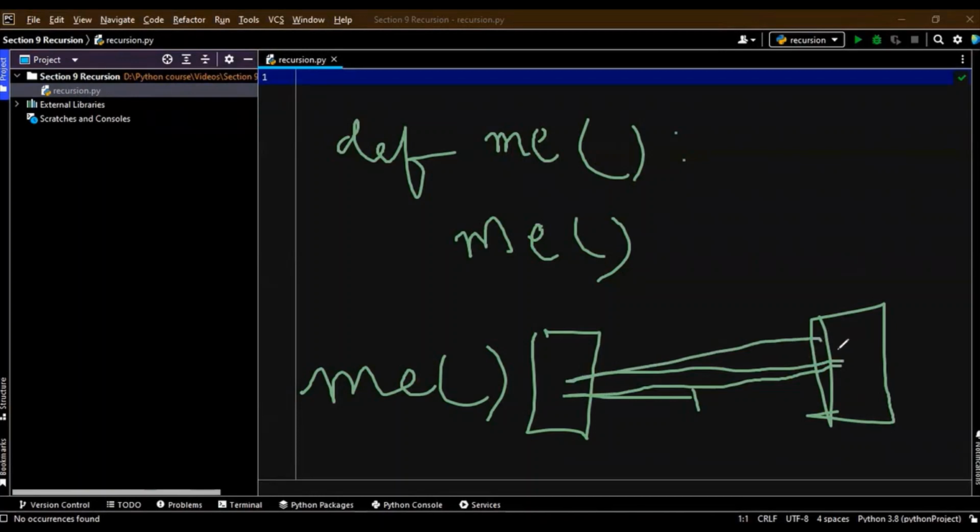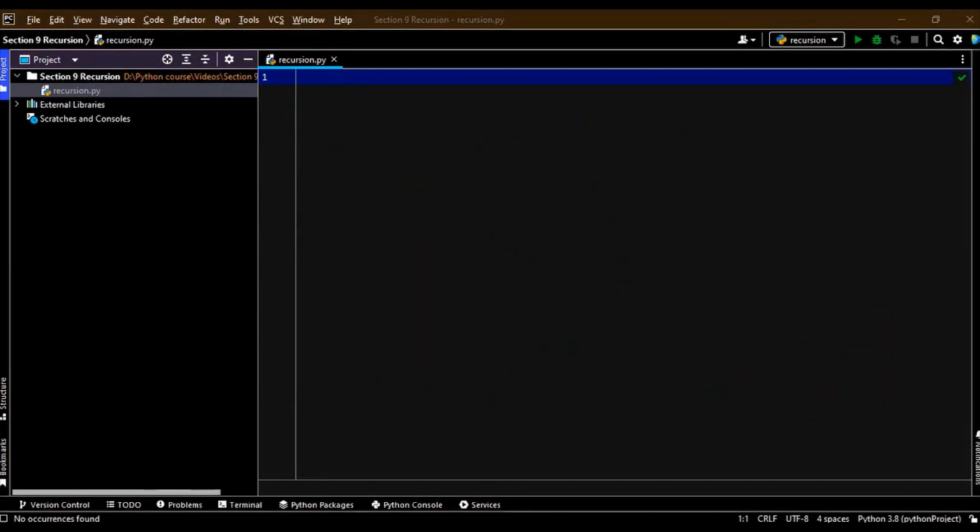In fact, I'm not sure if you have seen that in a Zoom meeting, not Zoom meeting, I would rather say Google Meet. What happens when you share your screen? Your screen just goes on and on and on. So many images of your same screen. If you're on Google Meet, that is a perfect example of recursion. If you have used Google Meet, which I'm sure you did due to COVID and lockdown, that's